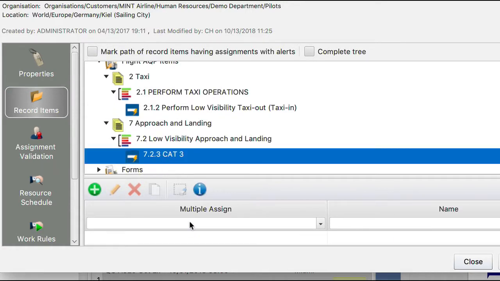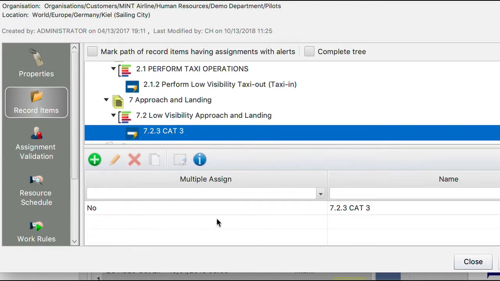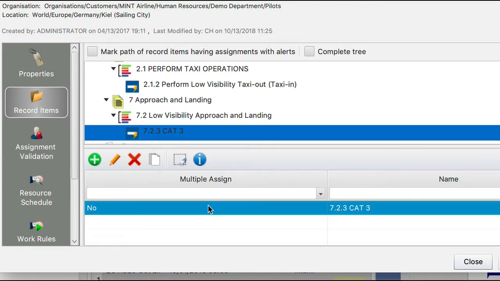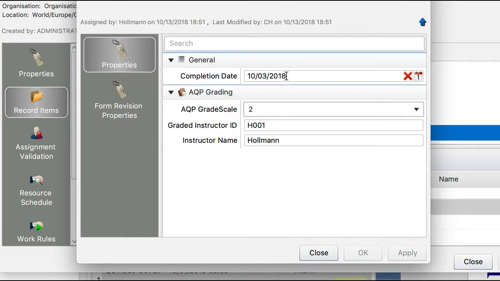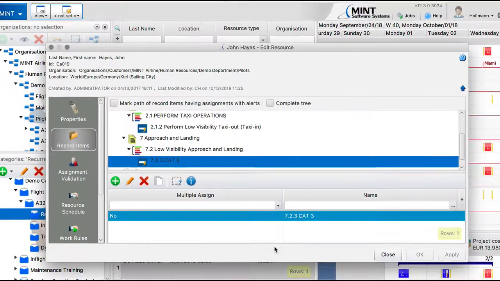So if I select the cut 3, I open this assignment here. And here we have the other properties. The completion date, I gave him a 2, which was the set, the graded instructor ID and the instructor name. I created another video where I show you how to evaluate these grade scales in our system. So I don't want to talk much about this, but since this video is about curriculum design, I would like